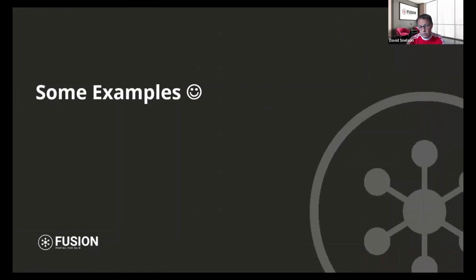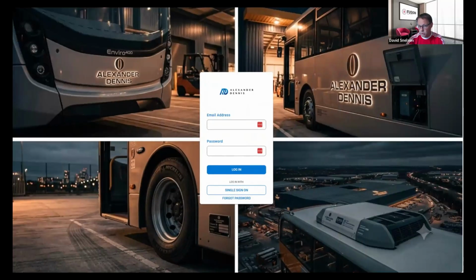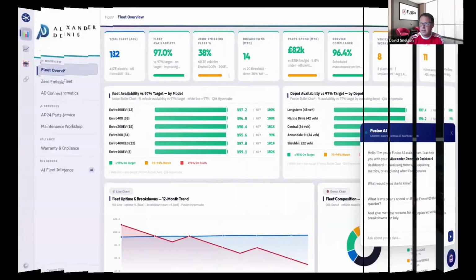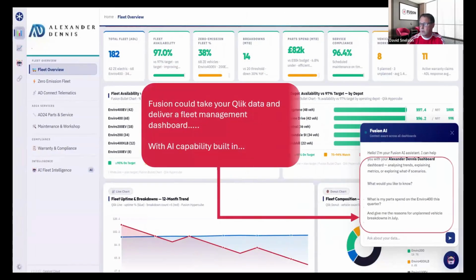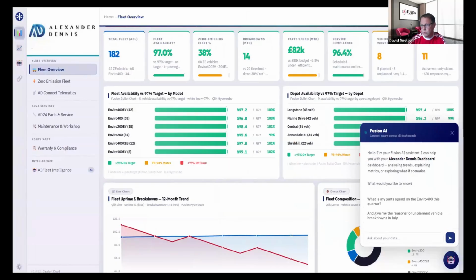Here are some more examples. So this is a company that make buses. Alexander Dennis, big user of Qlik. And this is a Fusion dashboard that we have put together for them. It's all about delivering an integrated fleet management dashboard. So anybody who likes Enviro 400 buses can find out what their part spend was using the Fusion AI assistant